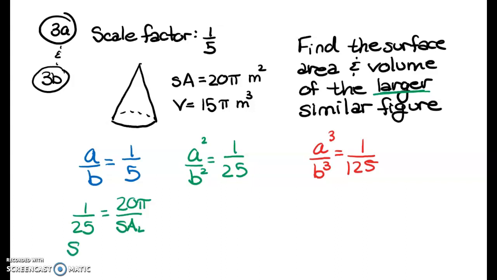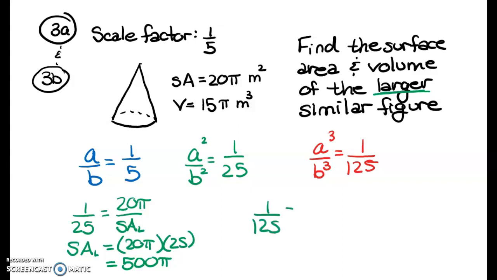When I cross multiply, I get the surface area of the large guy is 20 pi times 25, which is going to be 500 pi. I'm going to do a similar thing. I'm going to set up 1 over 125 equals 15 pi over the volume of the large on the bottom. When I cross multiply, I just need to do 125